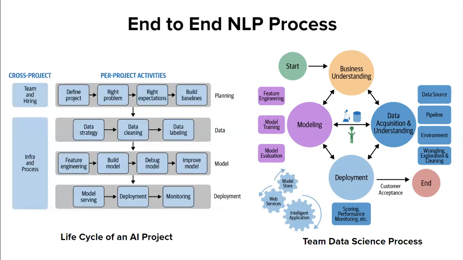So starting with business understanding and then data acquisition and understanding, and then modeling and then deploying the model and then continuously monitoring the model, looking for customer acceptance in the end. So in this process, there are multiple steps and sub-steps, and the data science process provides guidelines on best processes to follow. So we think this is one aspect that is also typically missing from other available books on NLP,